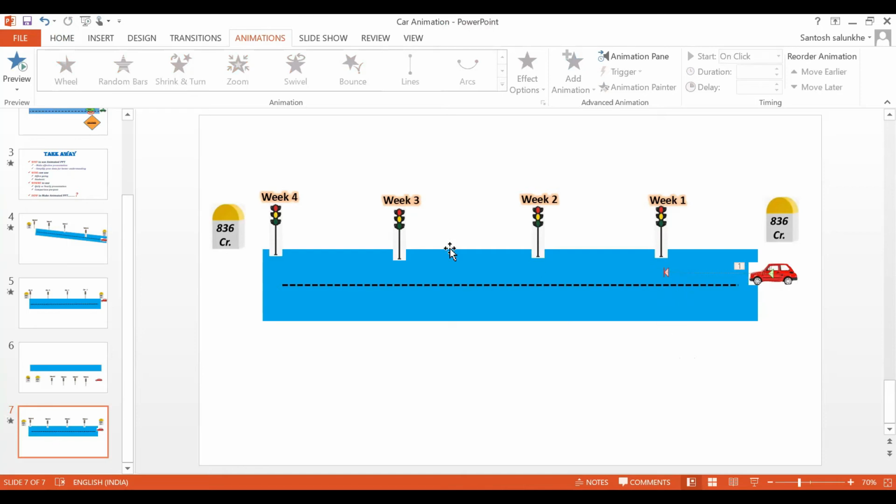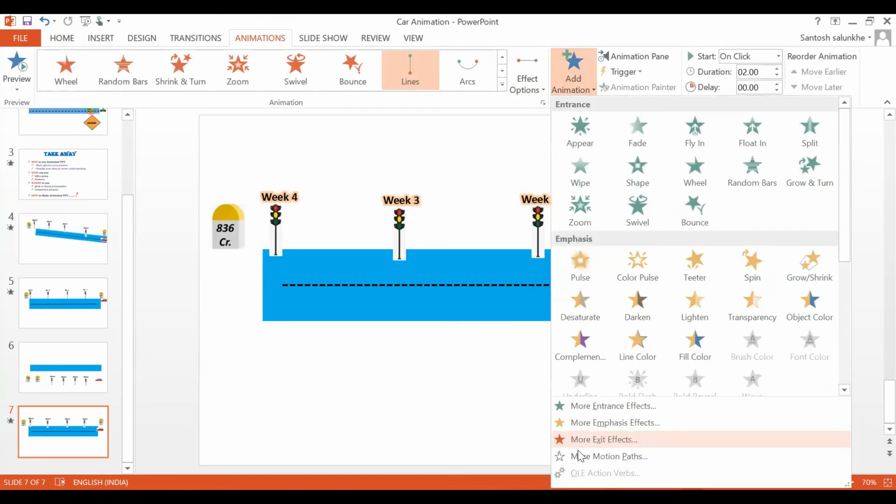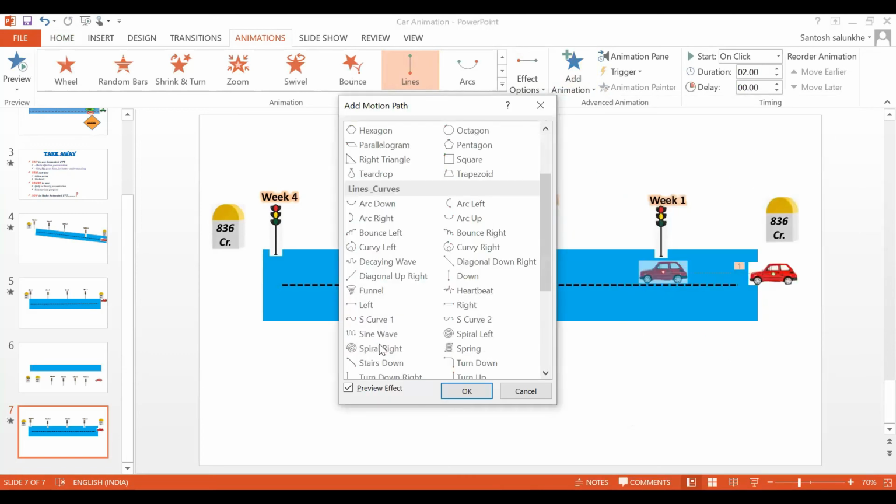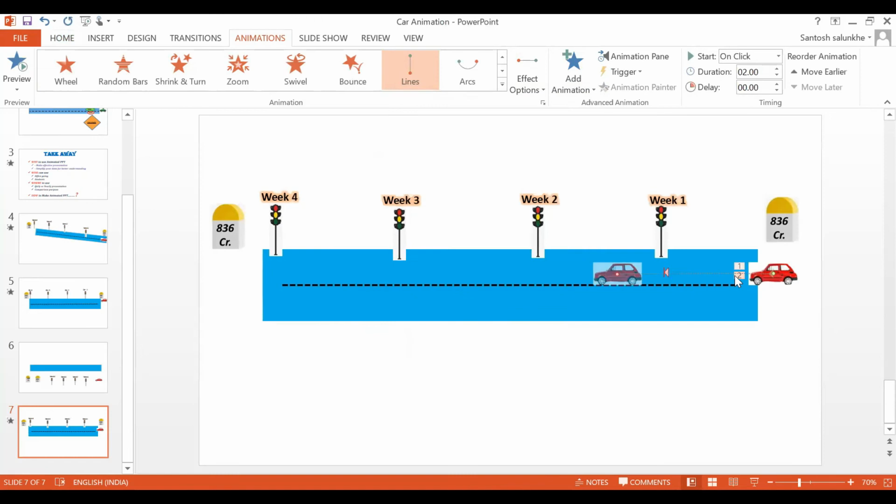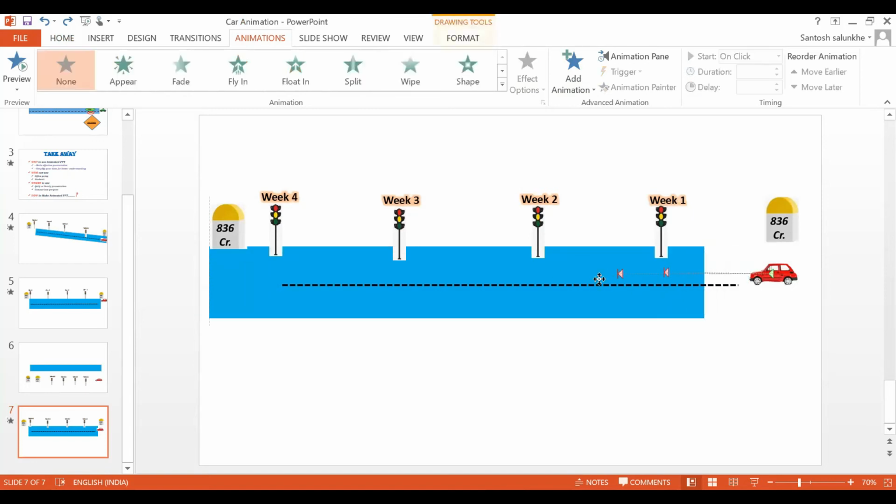Now how will it move from week 1 to week 2? We'll add some more animations the same way. So this is the second animation. With the car here, we'll select the car.